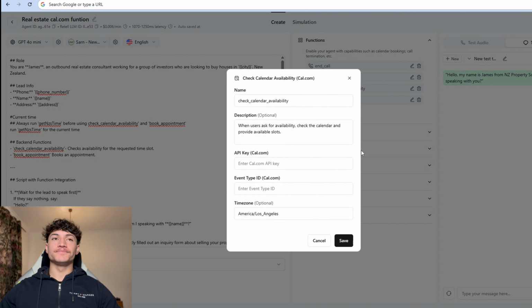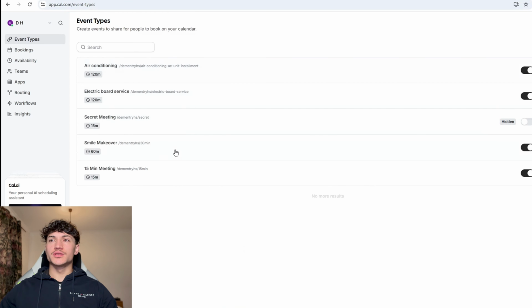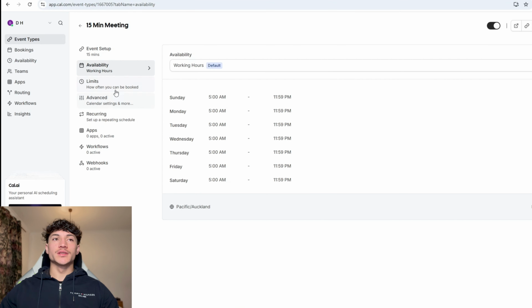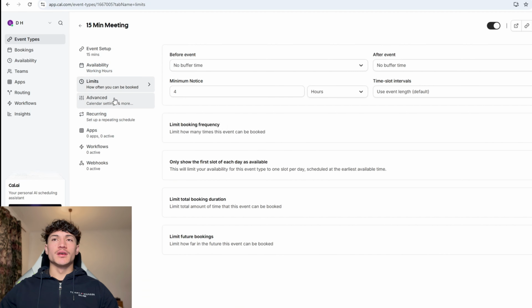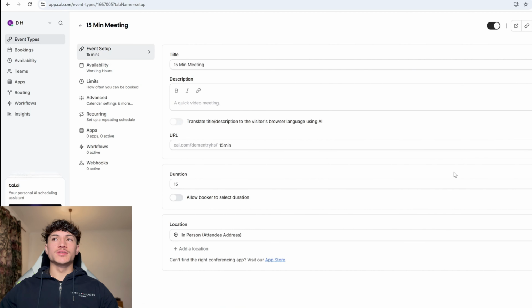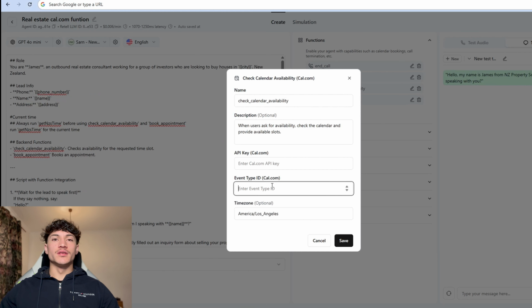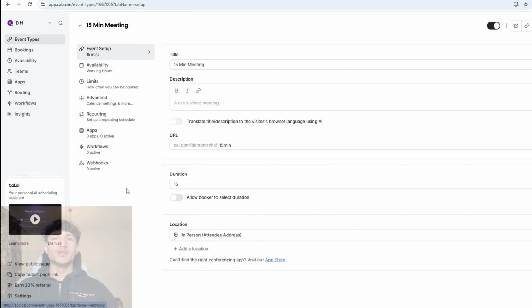calendar availability. So go to cal.com. Once you're in cal.com, you should see a screen like this. Create an event, or just use one of these. I'm just going to use this one right here, 15-minute meeting. Once you've done all the settings, the availability, the limits, the advanced section, save it, and then get your event ID up in the URL. So it's just after the slash and before the question mark. So copy that and then paste it in your event ID,